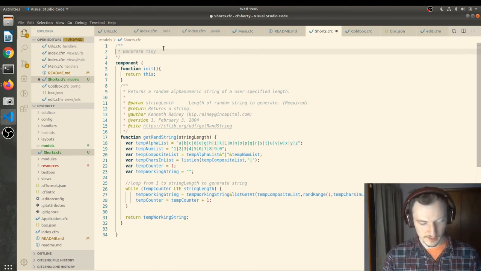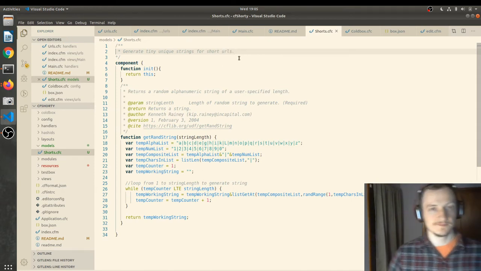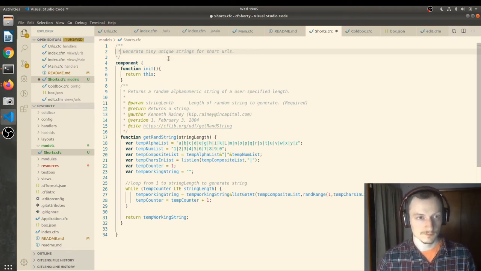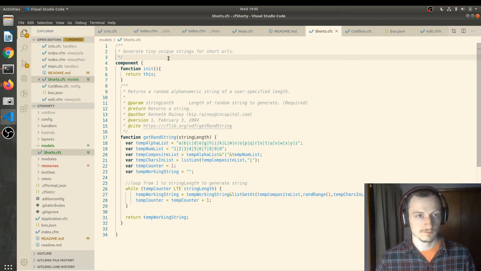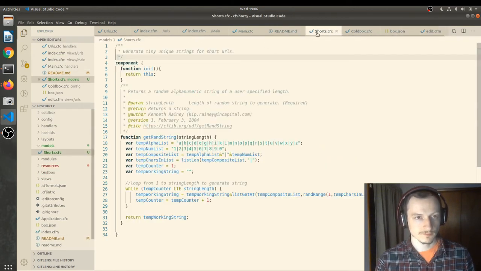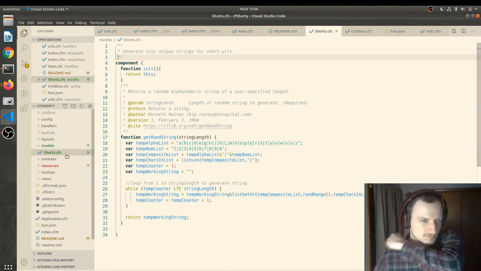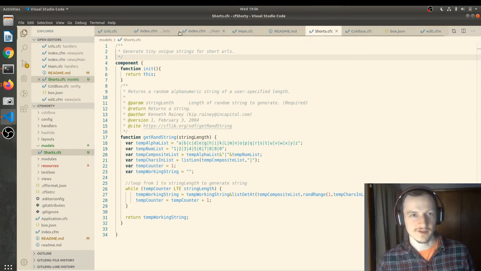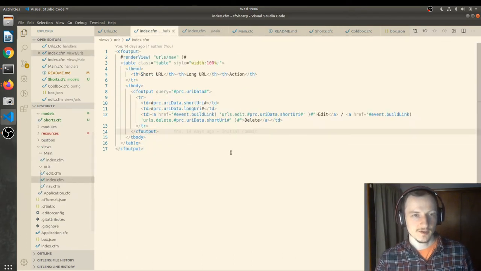Generate tiny unique strings for short URLs. I don't know what to call it. Shorts is good enough, I guess. Okay,